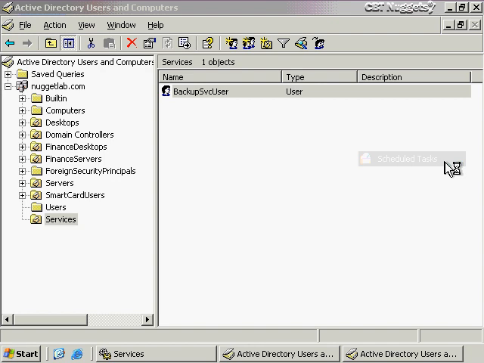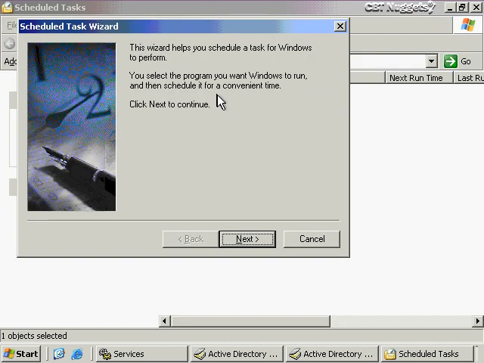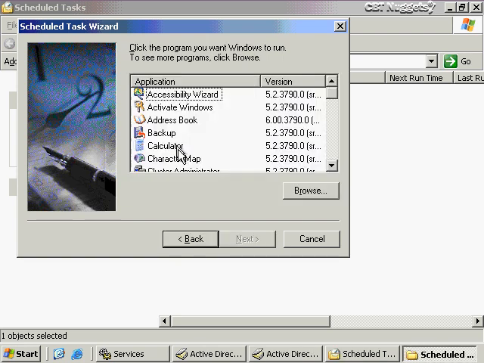The main point is you can add a scheduled task, and in the wizard you can specify a specific user account, or even after you've used the wizard, you can use the properties to identify a user account. So for example, I'm trying to do a backup here, and I want to do it maybe every day, and then I'll go ahead and set the start time, start date, and so forth. I'm just going to quickly go through that. Then here's where I would enter the name of the account. So here we've got our Nugget Lab backup service user account, and then I'll enter the same password that was entered for that account.